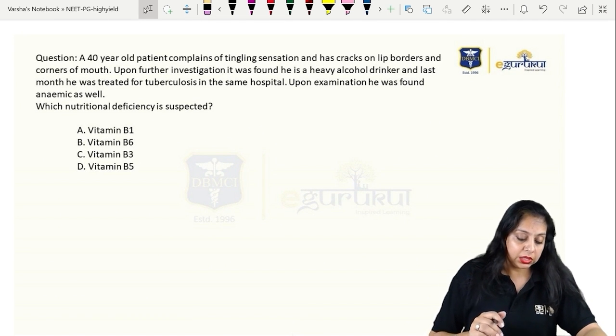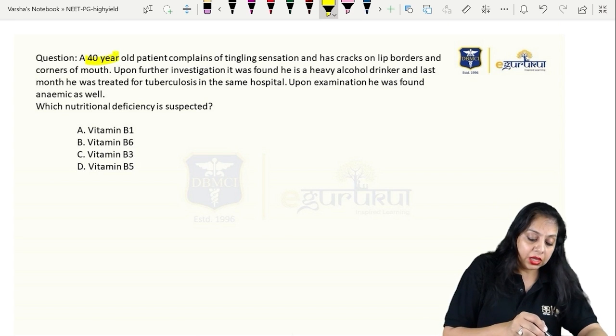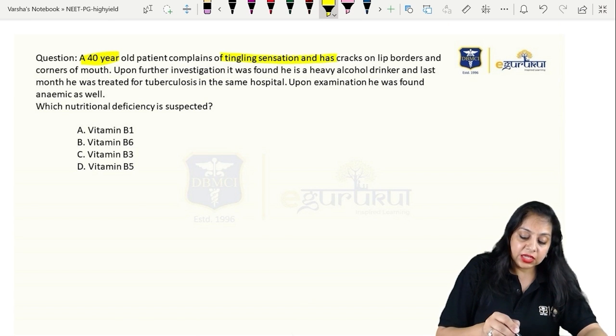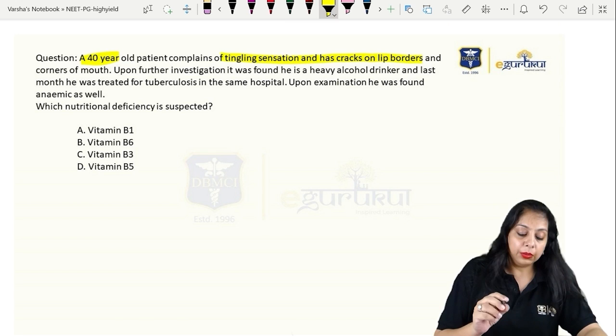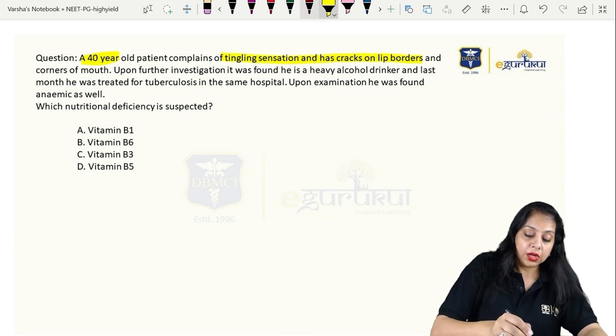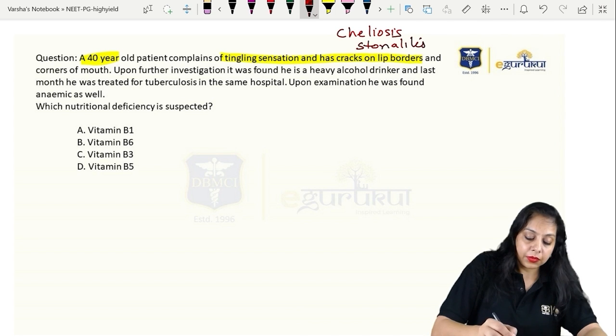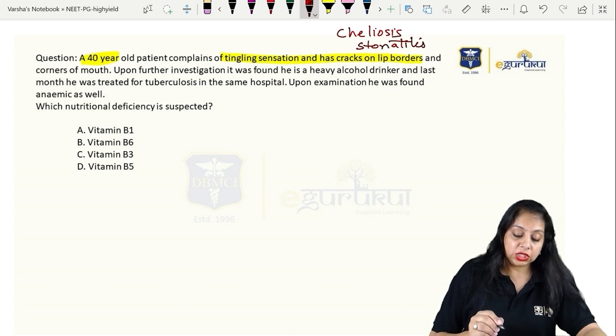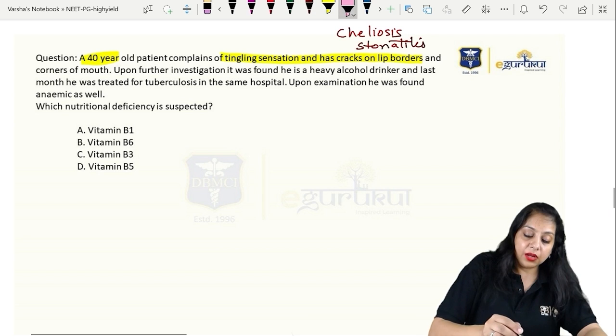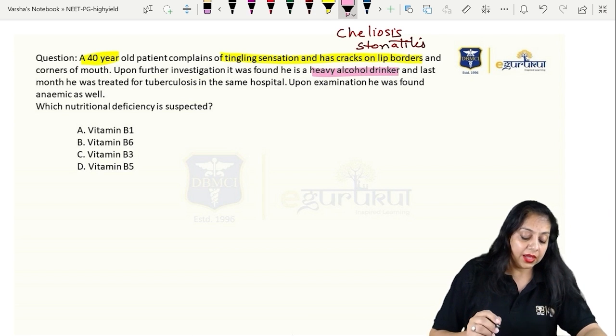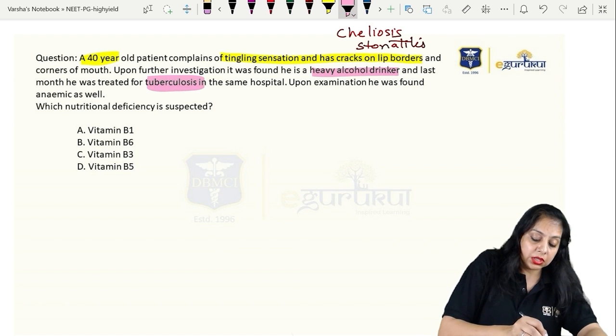This is a question in which there is a 40-year-old patient with a tingling sensation and cracks on the lip borders and the corners of the mouth, right? So cheilosis we are looking at, or you can say stomatitis. Upon further investigation, he is found to be a heavy alcohol drinker, right? And last month he was treated for tuberculosis. In tuberculosis, what do we give? We give isoniazid